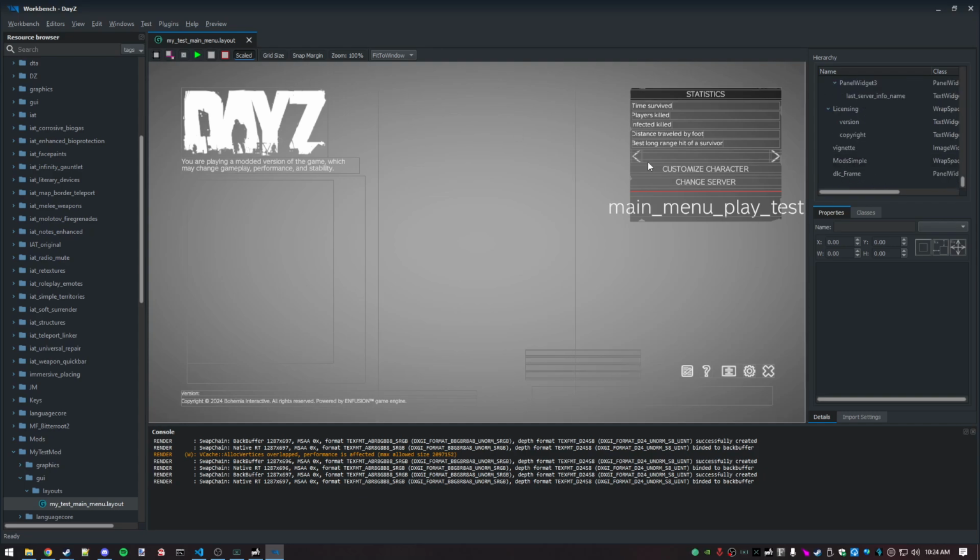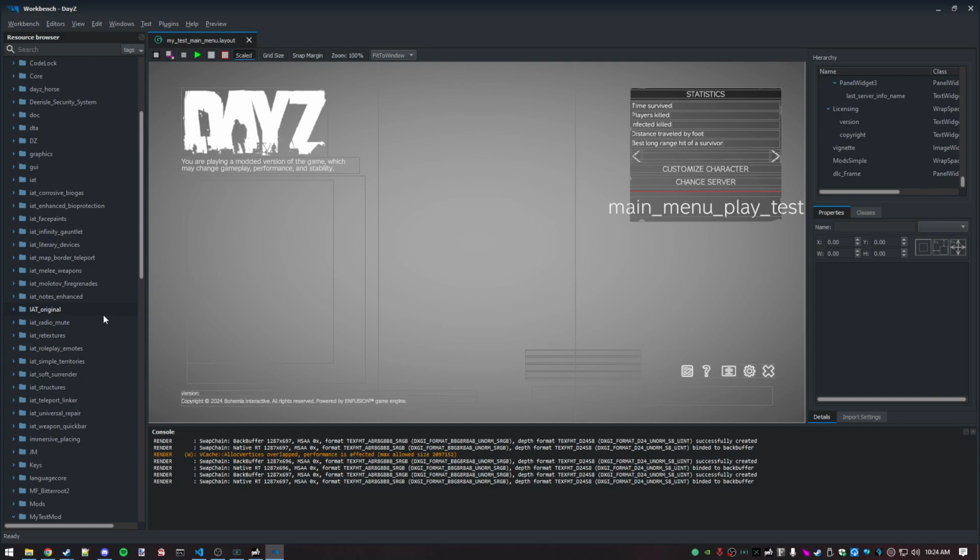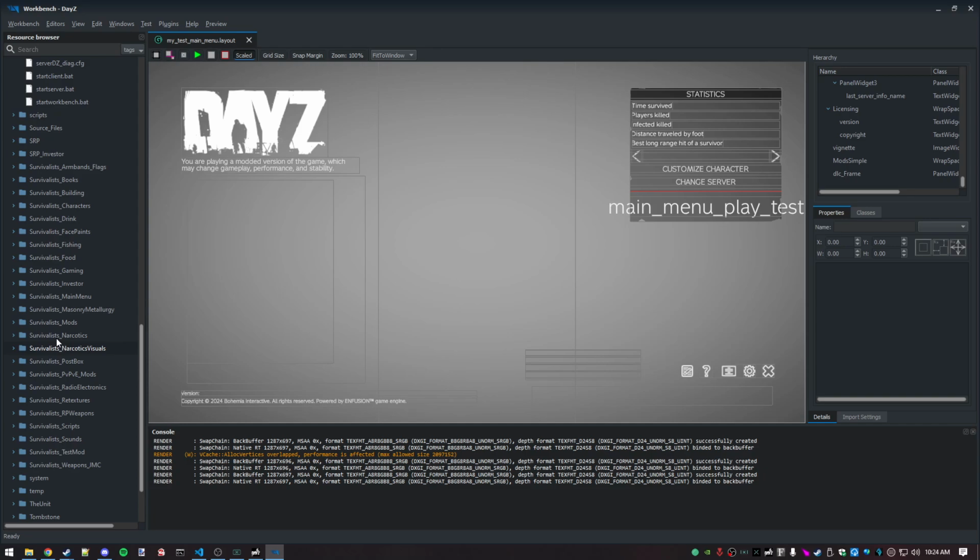I must need to tell it that I have my own for the workbench itself. But I know some people, at least for our server, I'll show you. Another thing about the video here, making a main menu takes a long time. So don't get discouraged if you take several days on it, because if you look at the main menu for our server,